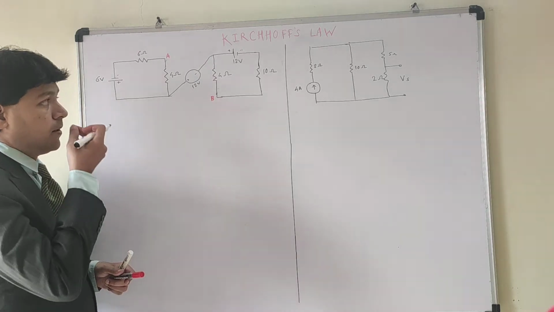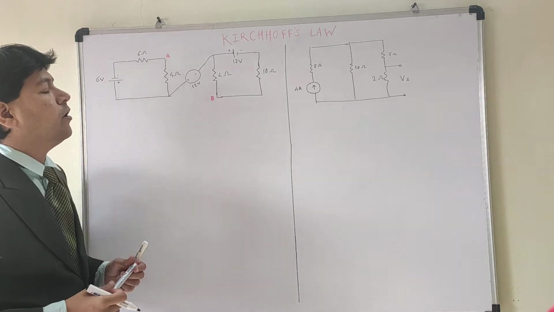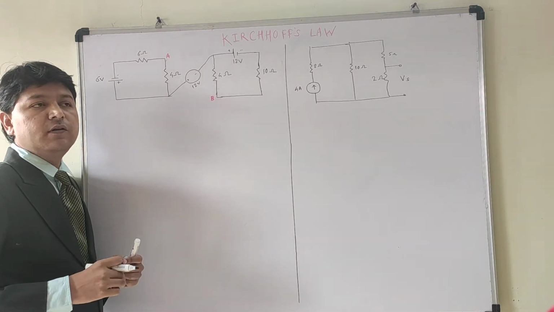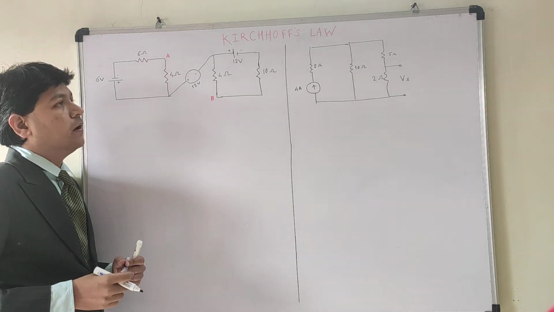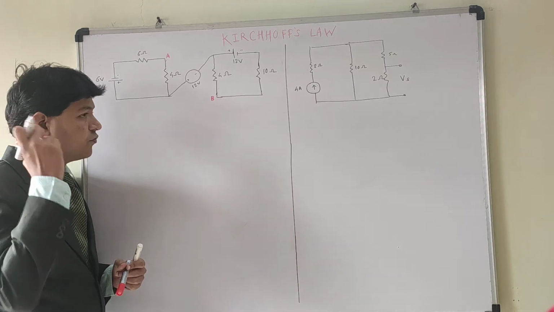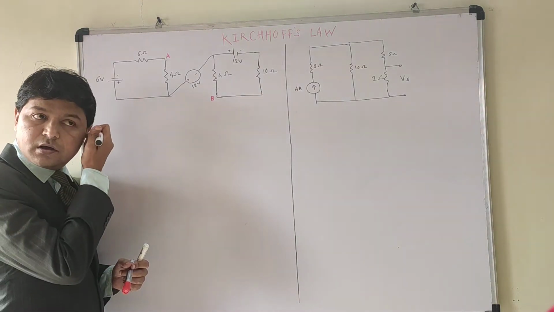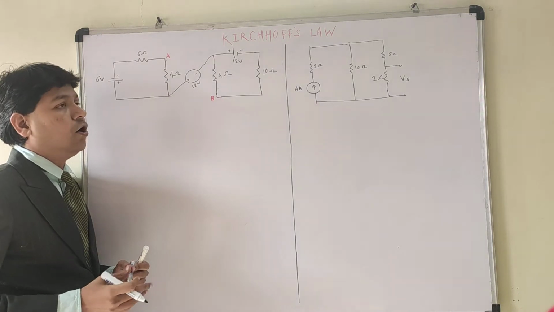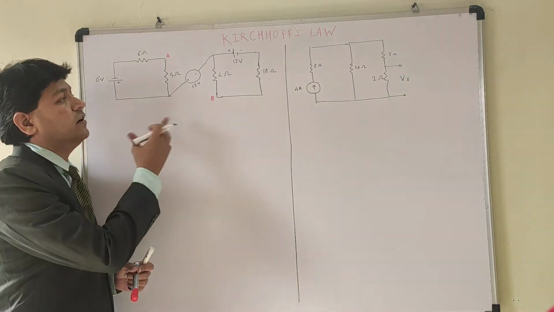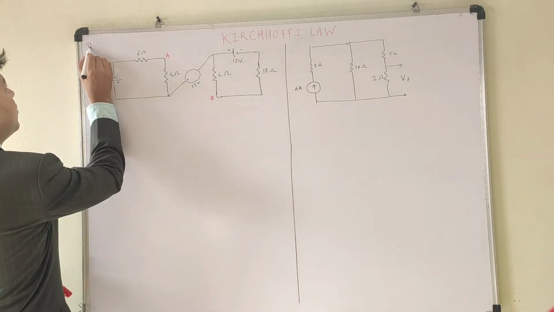Hello everyone. In the last lecture, we have seen Ohm's law, Kirchhoff's current law, Kirchhoff's voltage law, and source transformation, that is, a current source transforming into a voltage source and a voltage source transforming into a current source. Depending on those laws, we are going to study analysis. We are analyzing this circuit. This is the first example that we are going to study.